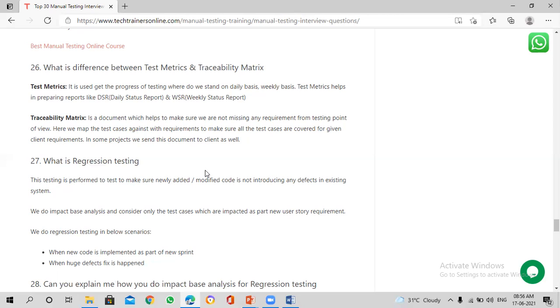So what is existing code? Which is nothing but sprint 1 and sprint 2, part of the S1 version that is already available, right? So which is already tested. Now the developer keeps adding new code or modifying the code because of the new versions which you wanted to introduce to the market.